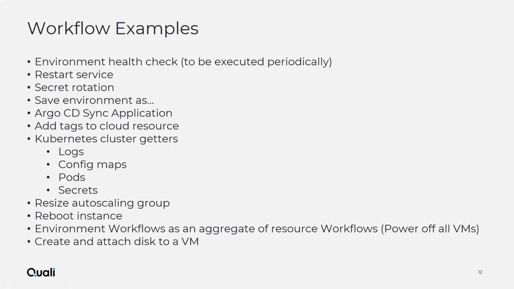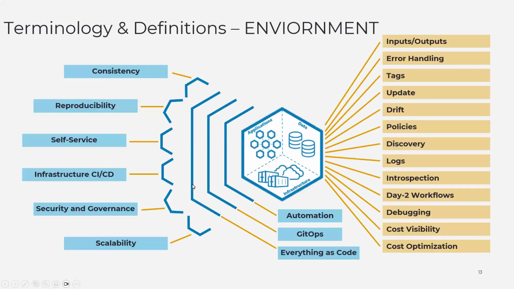Of course, the good thing here is that everything we saw is code, right? So the workflow is defined as code, the blueprint and the EAC, everything is code that sits in your source control repository, and you onboard it to Torque, and you can use it from Torque. Again, I have here some examples for workflow, environment health check. I talked about it, so we just go straight to here. This is some of the big picture